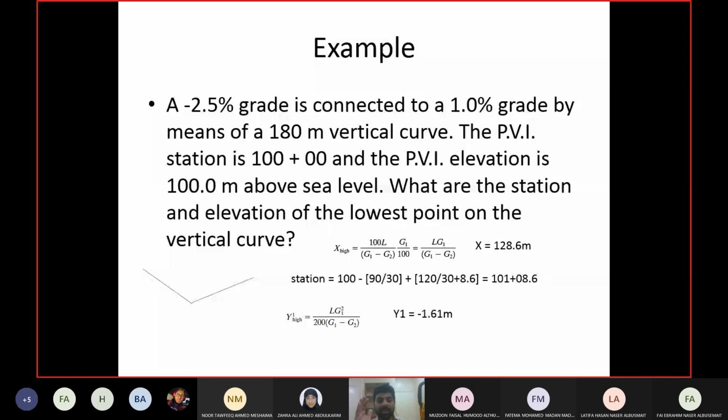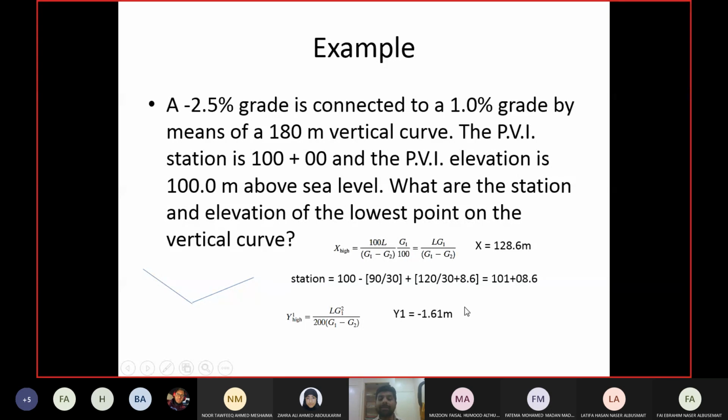The station and elevation mean finding it from the 0 point, from the datum, the point where all the elevations and stations are taken. So this is not the station and this is not the elevation. These are just simple differences from BVC, the horizontal difference and the vertical difference. That's it. So let us first of all find out the station of BVC.